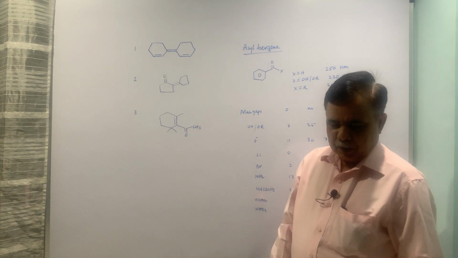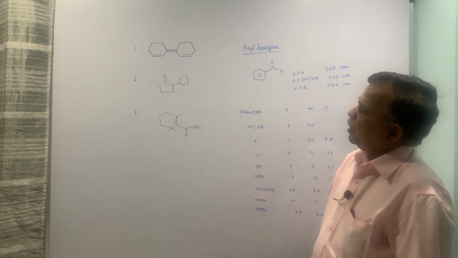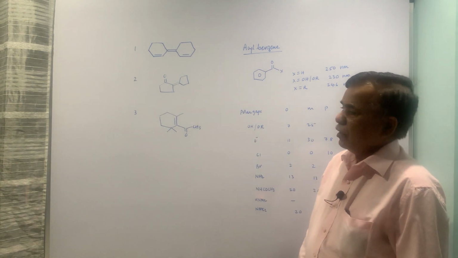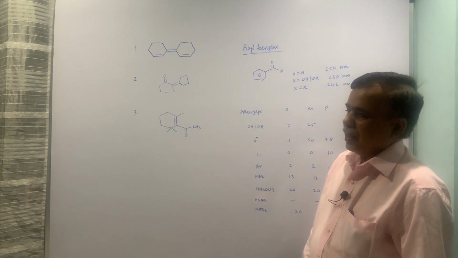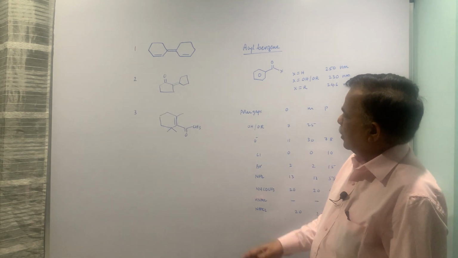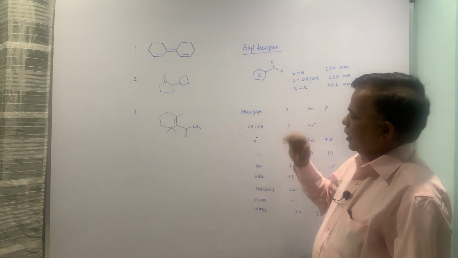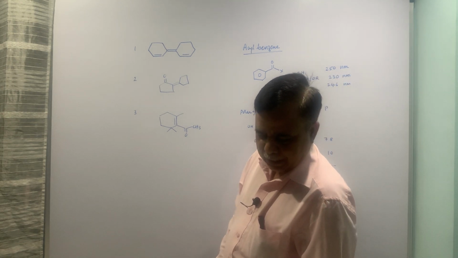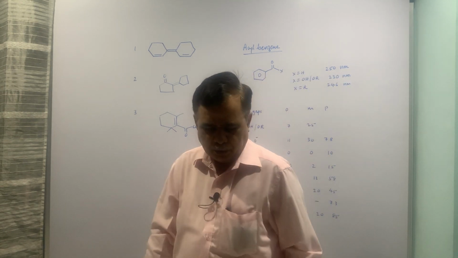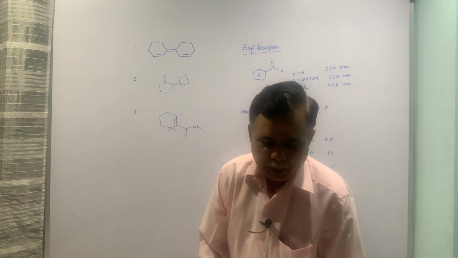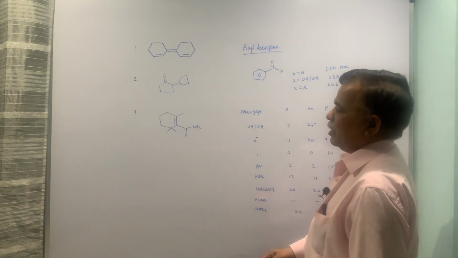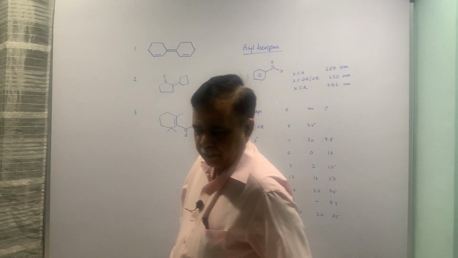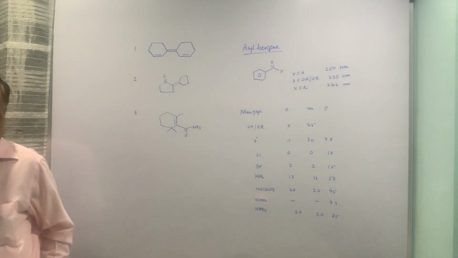Welcome back to the spectroscopy session. We'll see 2-3 examples on the diene and enone chromophore. Then we'll also see what the acyl benzene chromophore is, and at the end we'll see the application of UV spectroscopy in the structure elucidation.